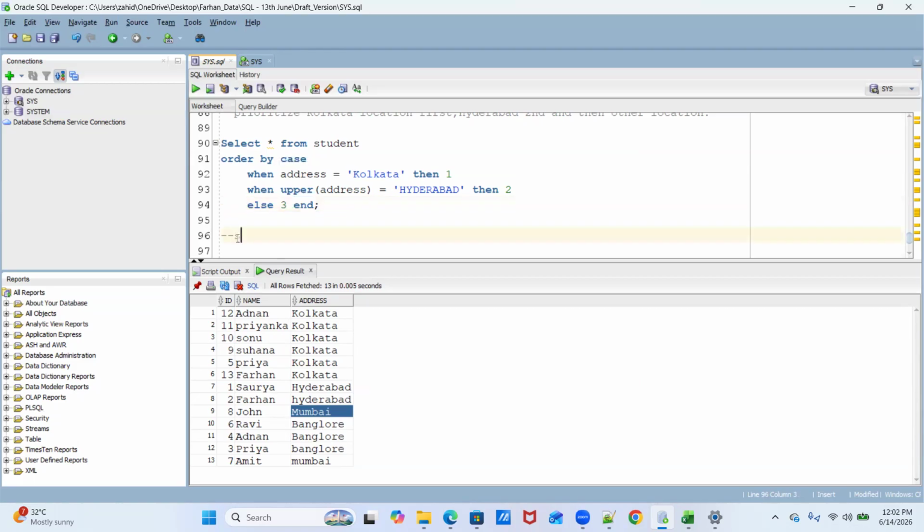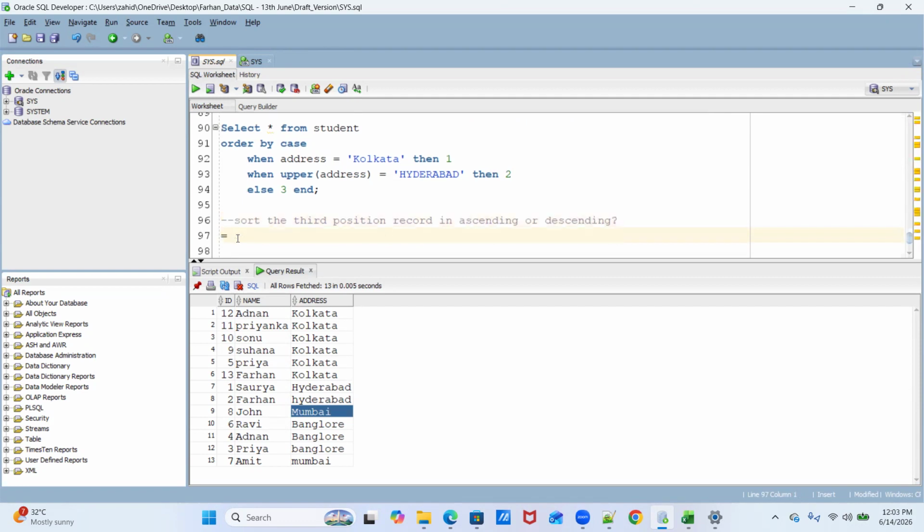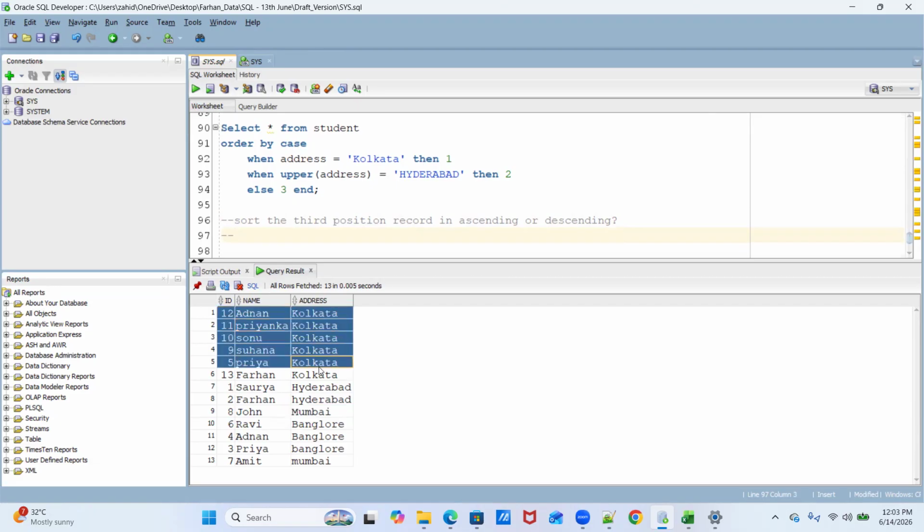That is one thing: sort the third position records in ascending or descending. So how to do that? That is one question. Second, in these records, how can we sort name or ID in ascending or descending?